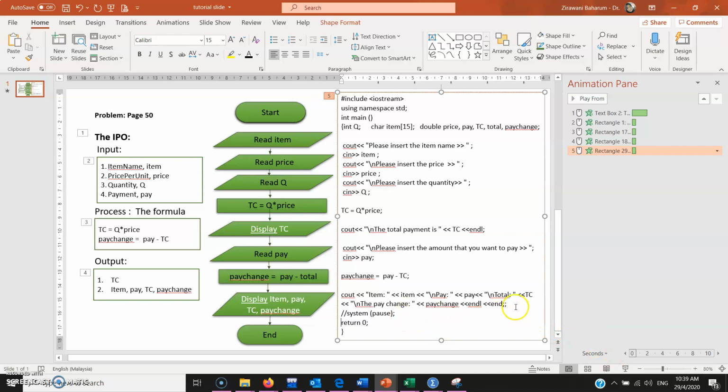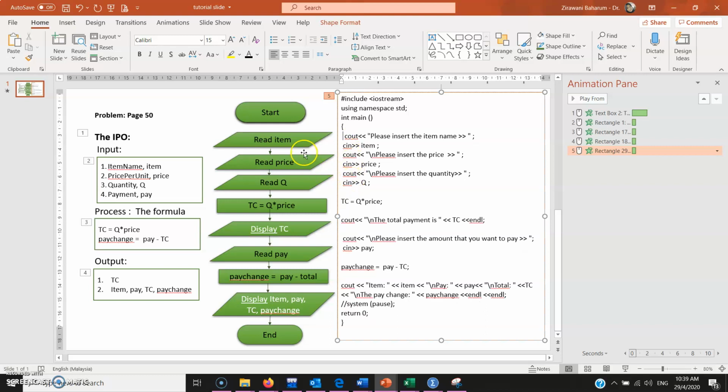System pause is sometimes not needed, sometimes needed. endl, okay. Let me show you one by one. I delete first. At the beginning, first of all, you need to do it shape by shape. After you have the frame, this is read, read, and read, so we gather three inputs. You have to remember that if the question gives you three shapes, it means you have to have three lines of input. So we are going to get cin